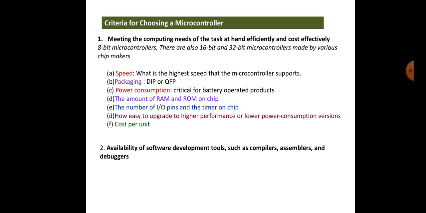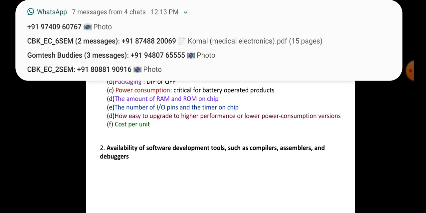The next bit is the selection criteria for choosing a microcontroller. Commercially, there are four major 8-bit microcontrollers available: the Freescale 6811, Intel C8051, Zilog Z80, and the PIC 16X from Microchip Technology. Each of these commercially available microcontrollers has its own unique instruction set as well as its own internal register set.